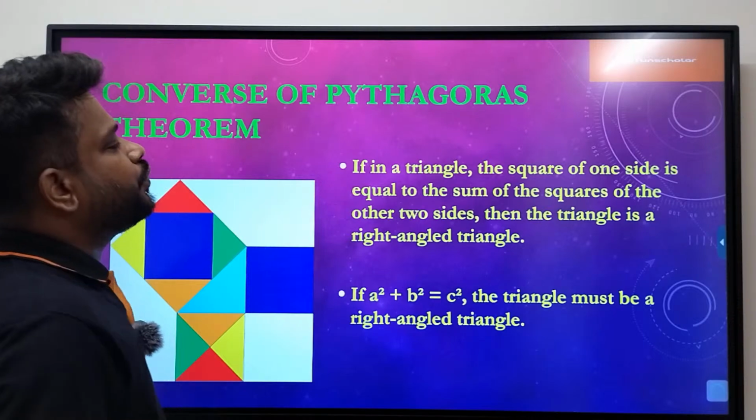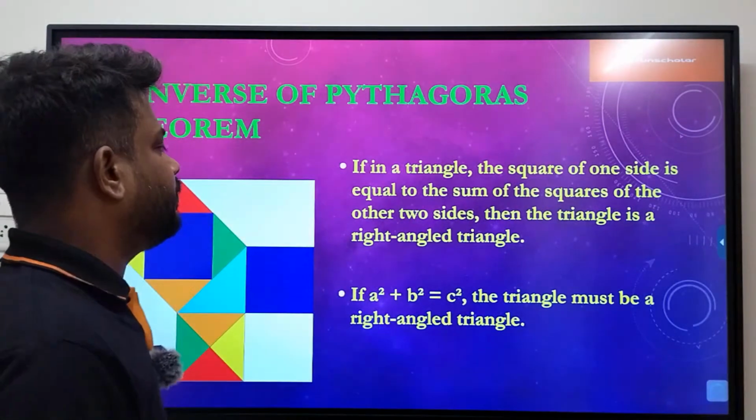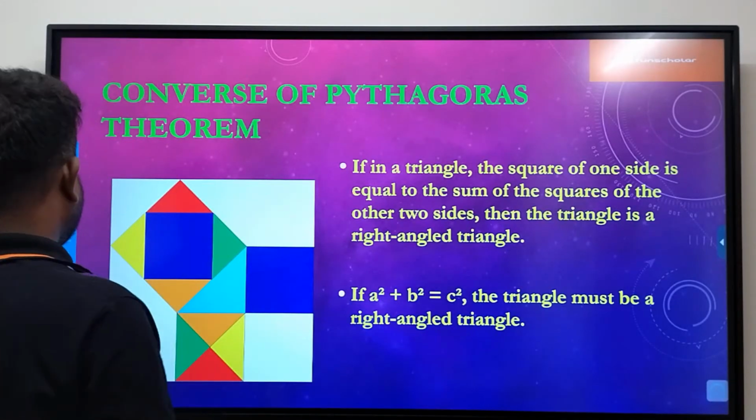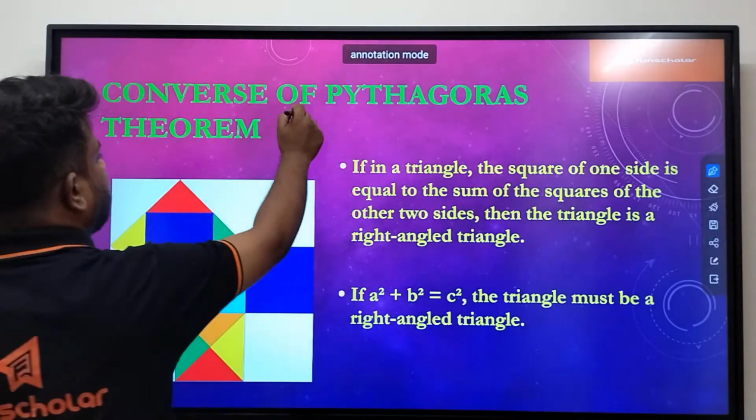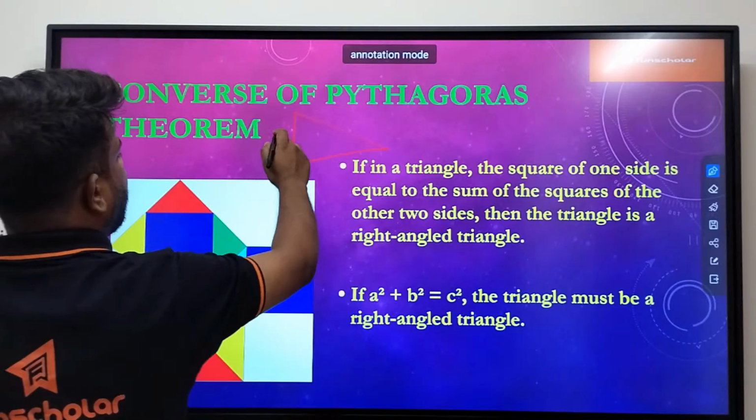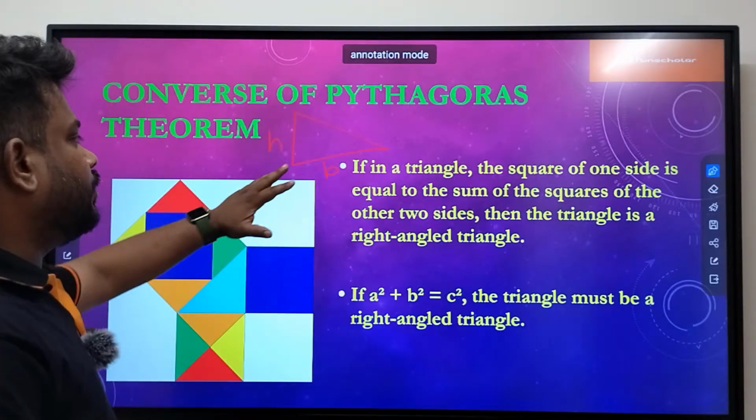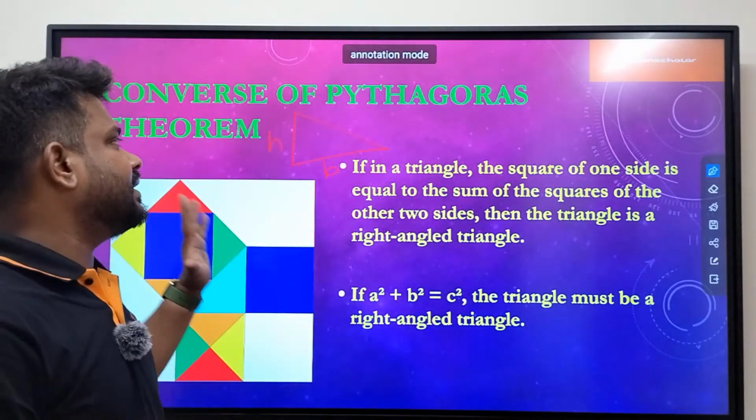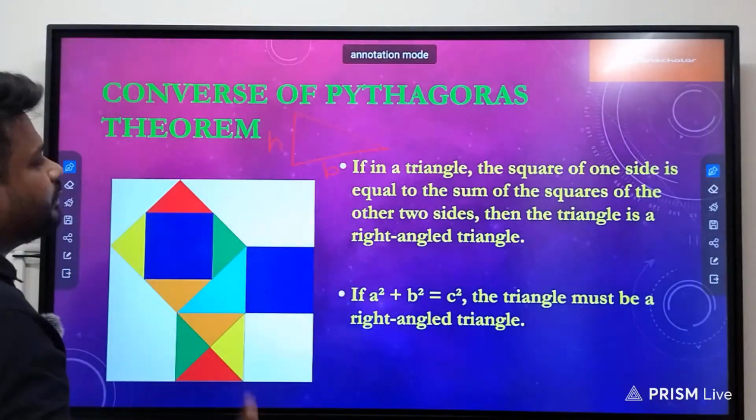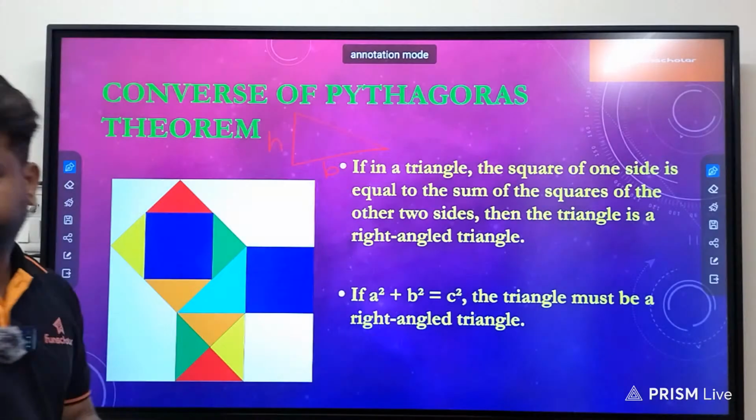If in a triangle, the square of one side is equal to the sum of the squares of the other 2 sides, then the triangle is a right angle triangle. Okay, so from the Pythagoras theorem we have learned that if the hypotenuse square is the same as the height square plus the base square, then that will be a right angle triangle, or that is exactly what the Pythagoras theorem tells us. But in the converse we can also tell that in a triangle, if we put